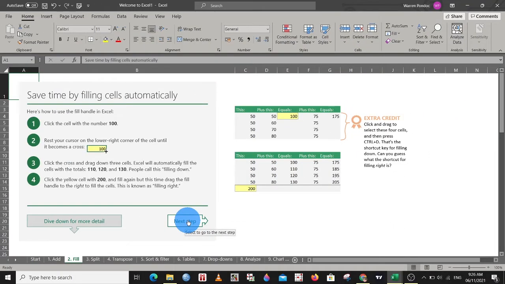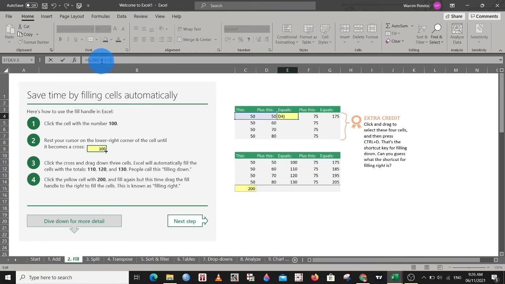Okay, this is an autofill function of Excel. So what does this do? Simply, if you have a formula here, this one has a formula equal sign SUM C4 to D4, meaning you added 50 plus 50, and this is the result. 100. So if you want to drag down that formula, simply in step 2, rest your cursor on the